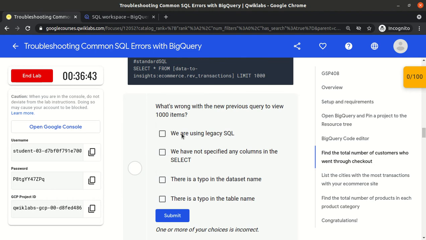We are using legacy SQL. There is a typo in the table name. We are using a legacy SQL. 1 or 2 is not correct. Let me check.